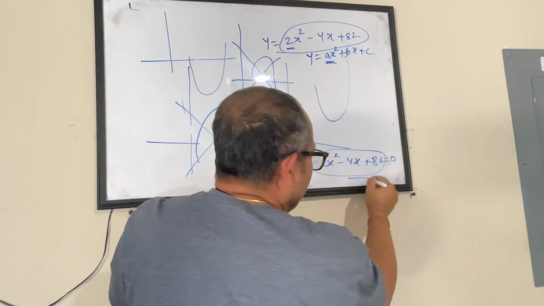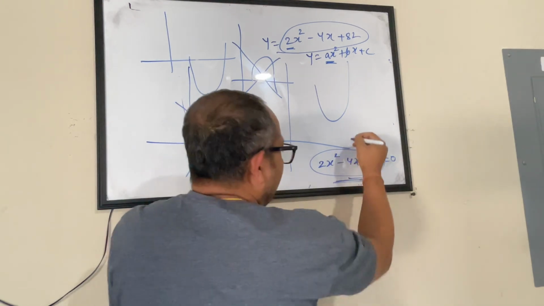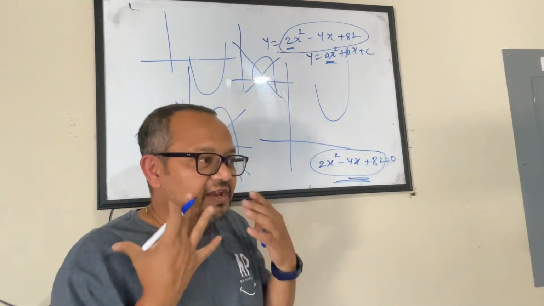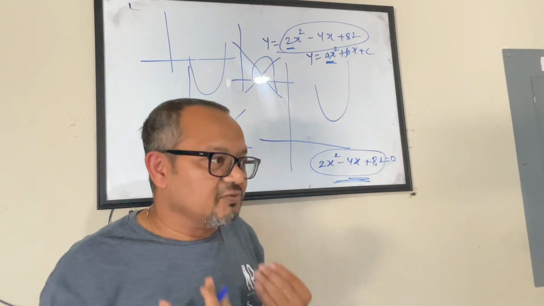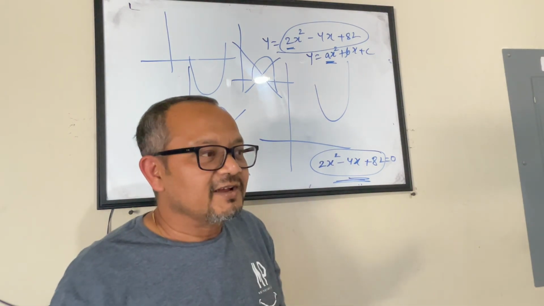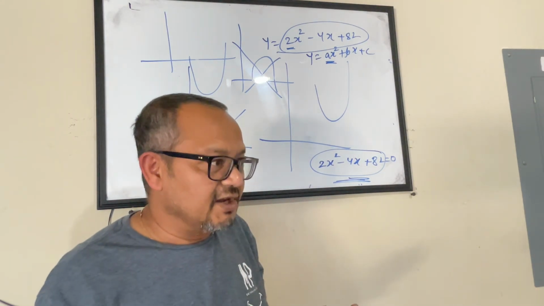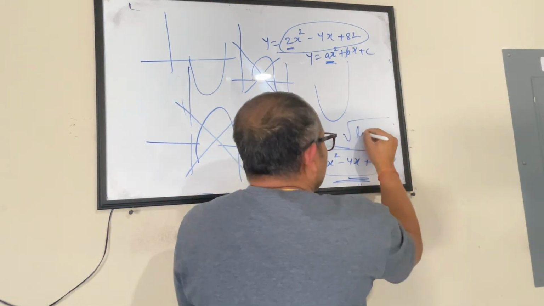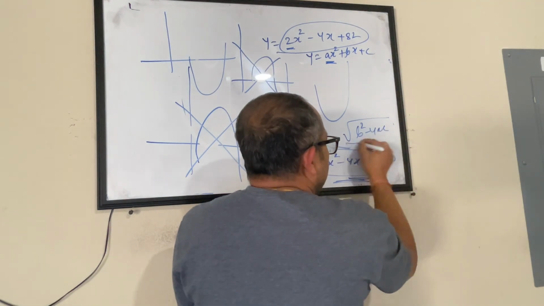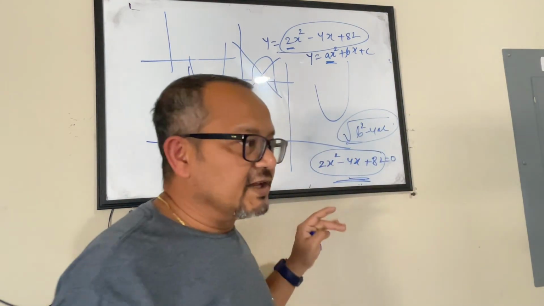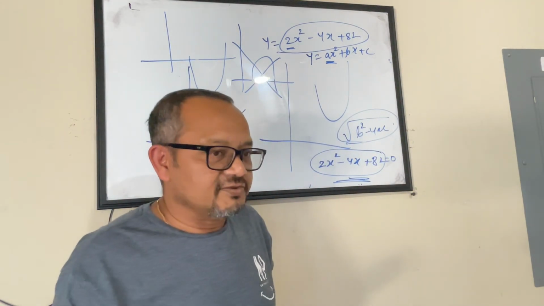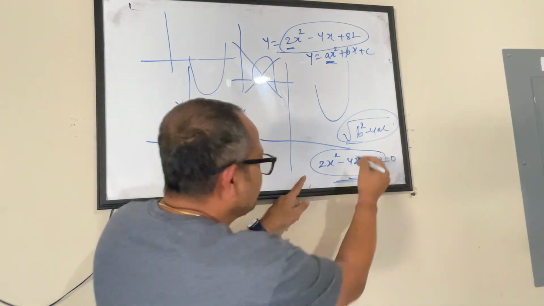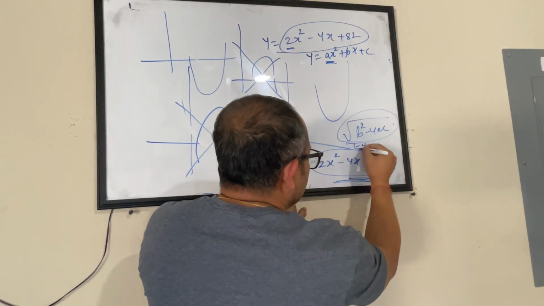Now, how do you find out there is no solution for this? You have to find the discriminant. When you are dealing with a quadratic equation, if you have a discriminant whose value is imaginary, meaning your discriminant is a negative value, where the discriminant is b squared minus 4ac, if this part is negative, then only you are talking about an imaginary value. Find out the value of the discriminant. What is the value of b? b is minus 4.